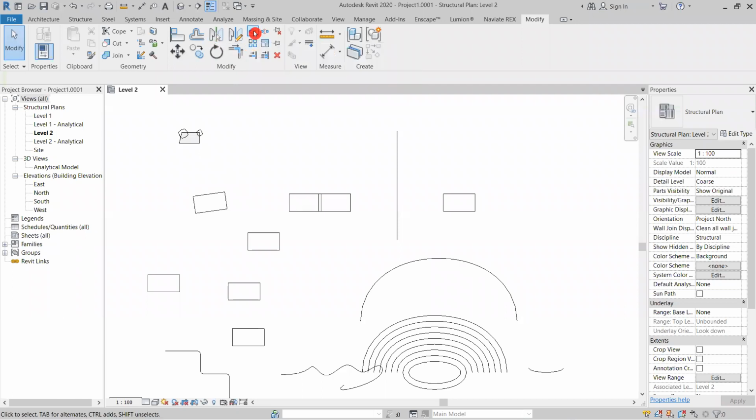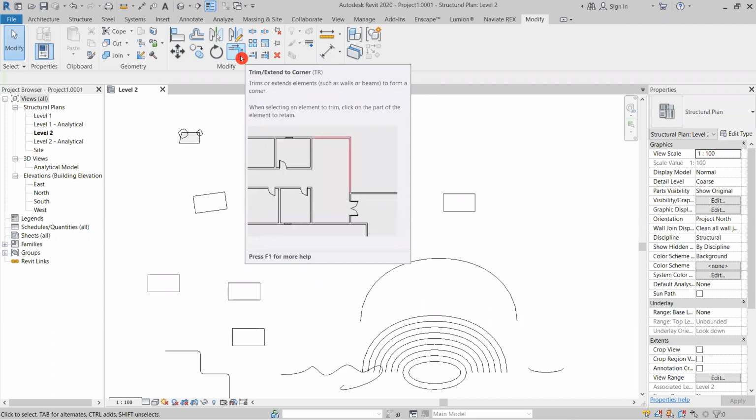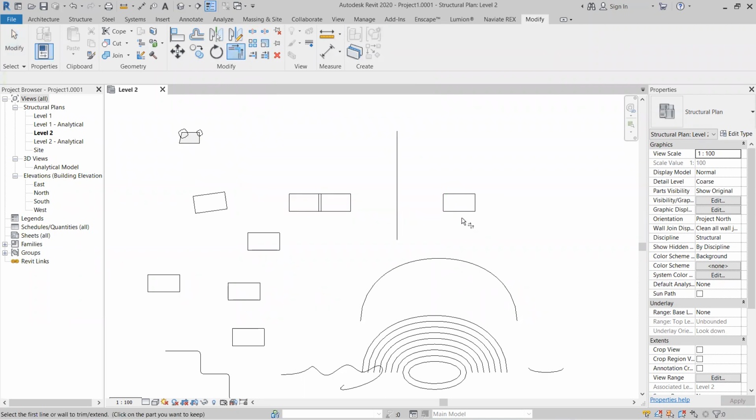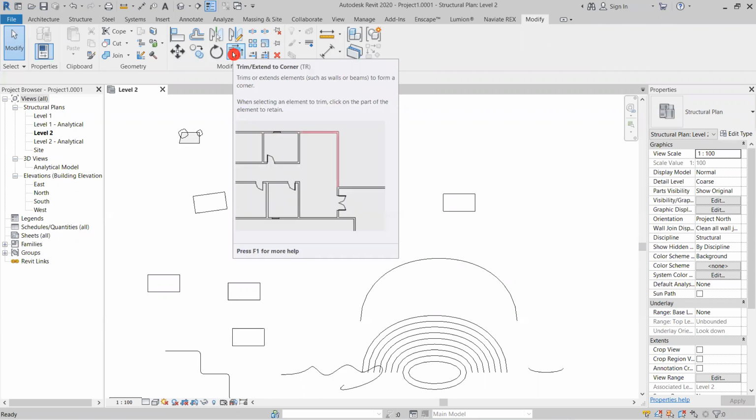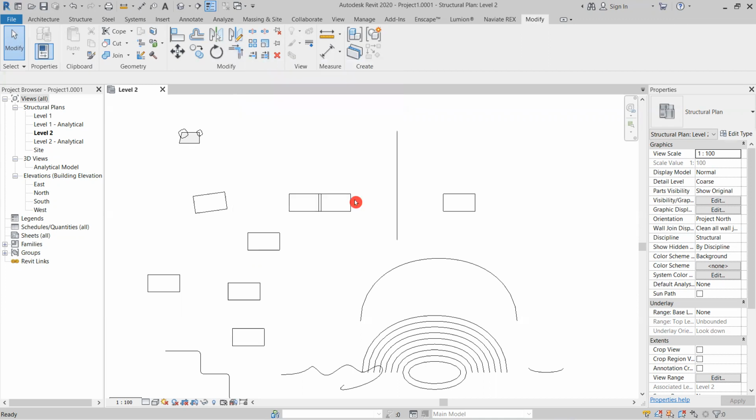Trim. Where is my trim option? So here, yeah, trim extend. Okay, trim. Suppose if you want to trim. So it's nothing but you have to join, trim or extend to the corner, right? So it's extending. So if you want to trim like